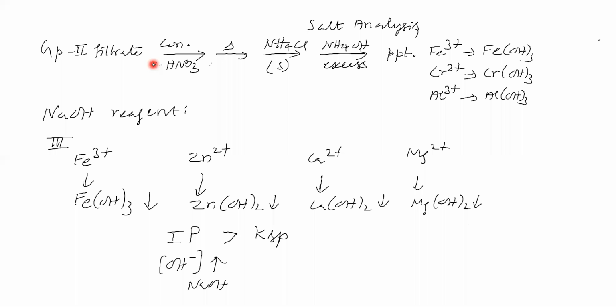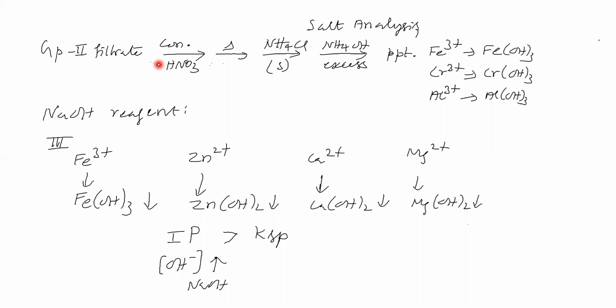So, in group 3 analysis, only group 3 cations should precipitate, and 4, 5, 6 should not. For that we avoid sodium hydroxide and take the weak base ammonium hydroxide. So we got an idea why we take a weak base but not a strong base. Next point: we take ammonium hydroxide, a weak base, in order to precipitate group 3 cations as hydroxides, for which we need hydroxide.